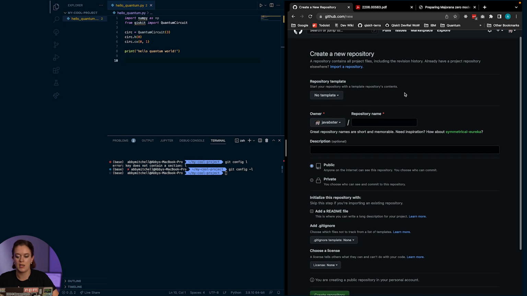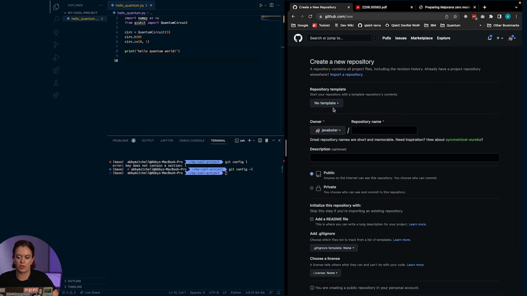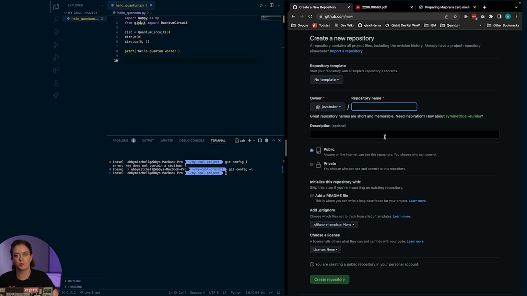To start off, I'm not going to use a template for this. I already have the code that I know I want to push up and put on GitHub, so I'm going to create the shell of that project here within GitHub.